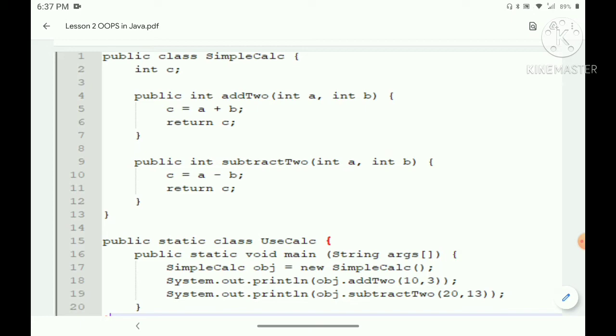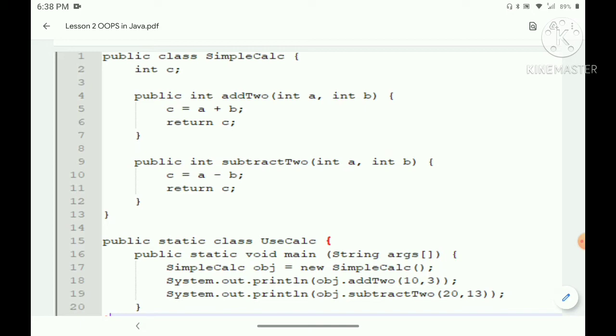Inside that I am creating the object for the SimpleCalc class. What is the definition of line number 17? SimpleCalc is the class name. To access the variables and methods inside the class, I need to create the object. So I just give the object name as obj. You can give whatever name you want, there is no rule for that.